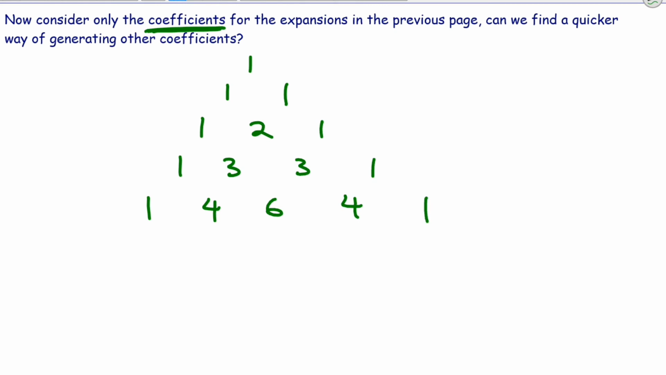Now, you may notice that each term is the sum of the two directly above it. So if you add these two, you get that. If you add this, you get 3. If you add this, you get 3. If you add that, you get 4. You add that, you get 6. You add those two, you get